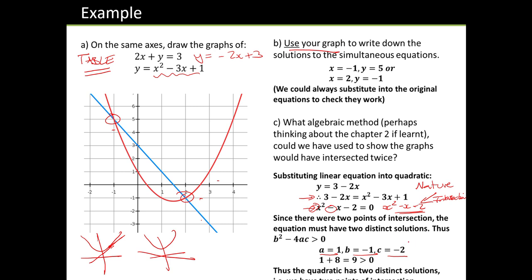And the c value is the constant, which is sometimes just a number. Sometimes you'll see an unknown constant as well, like k plus 2 or stuff, okay? So sometimes it's a bit more complicated, but here it's just a number. And if we put them into this discriminant thing that we talked about a little bit, we get a positive